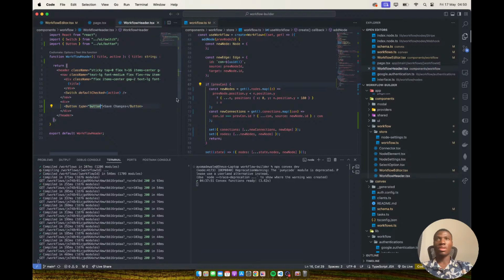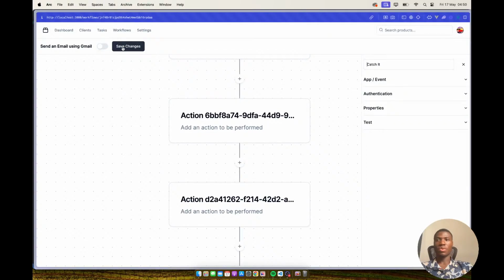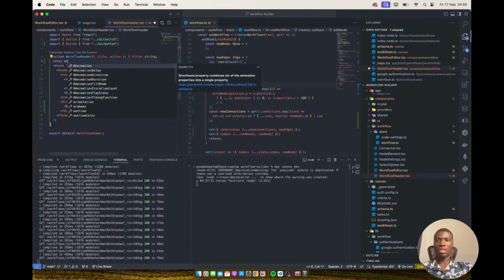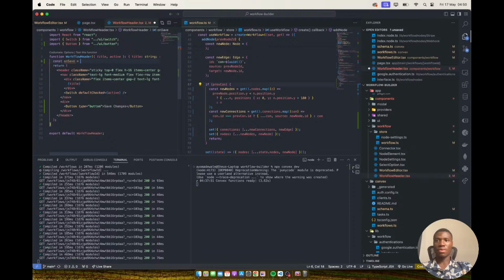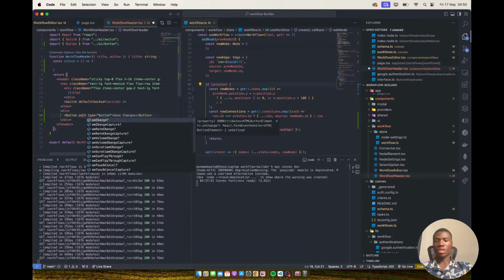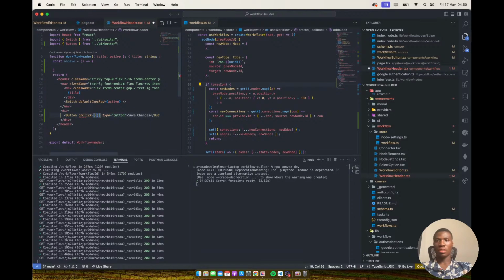Okay, and here we go, we have the save changes button. So we can add on save equals, then we can do our logic here. So we can do on click, it's going to be on save,